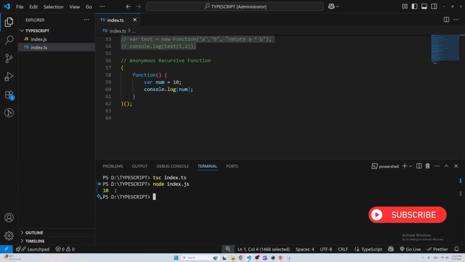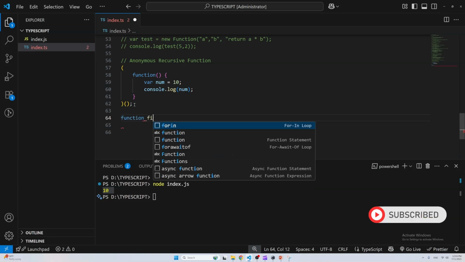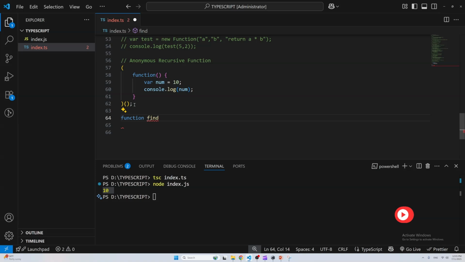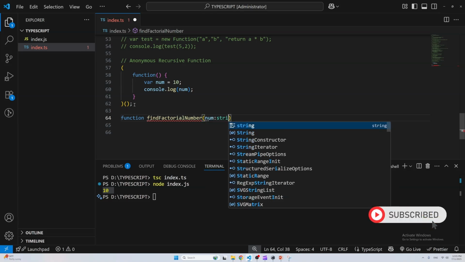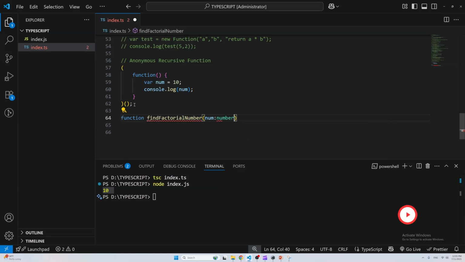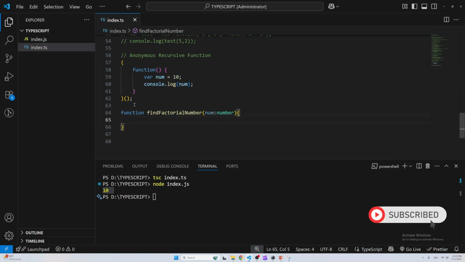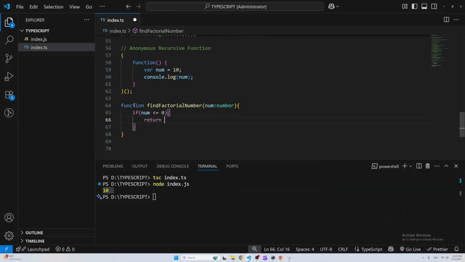Yeah. So now you can see the 10 has been printed over here. So let's understand how named functions, we can have named recursive functions as well, right? So let's say I wanted to find out a factorial. So let's say find factorial number, and here I'm passing num as a number parameter, right? And over here I'll just give a condition: if num is less than or equal to 0, I just need to return 1 over here,